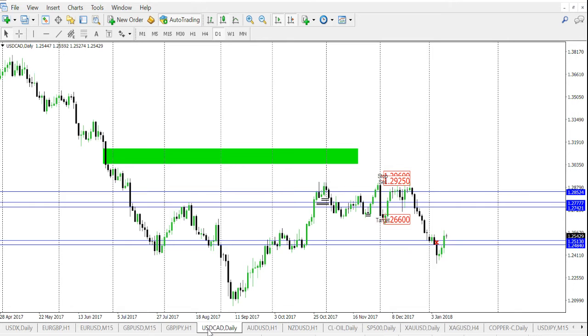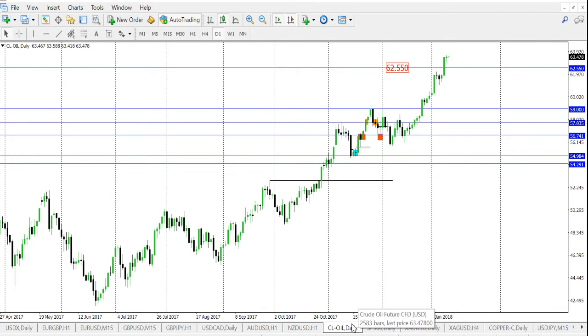But in addition to being affected by the U.S. dollar, the loonie is also affected by crude oil being its country's major export. And I was going to come to this here in a few minutes and show you the crude oil has been on a major tear since